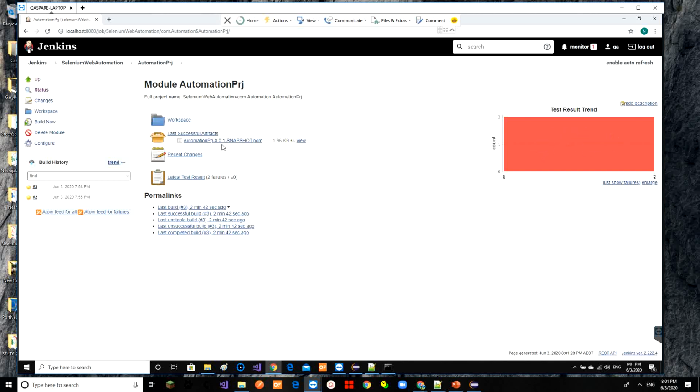So this is how we can run our automation project through Jenkins. The use of Jenkins, why we are running our project from Jenkins: in my organization, we schedule this at 1 AM in the morning when there is no tester, nobody's there in the office. My developers give late night build. Once that build is available, automatically we install that build using our automation, which is a separate automation. And after installing my product, Jenkins will kick off the web automation on that product at 1 o'clock at night,